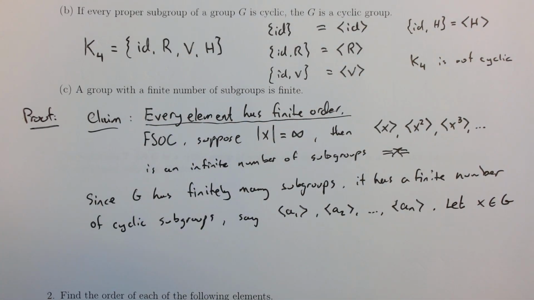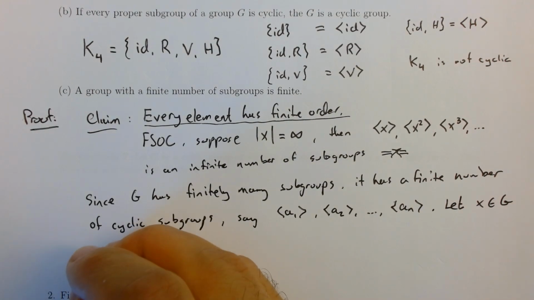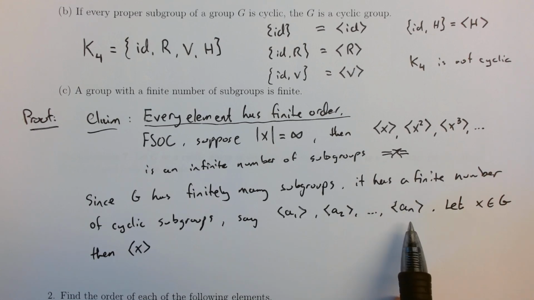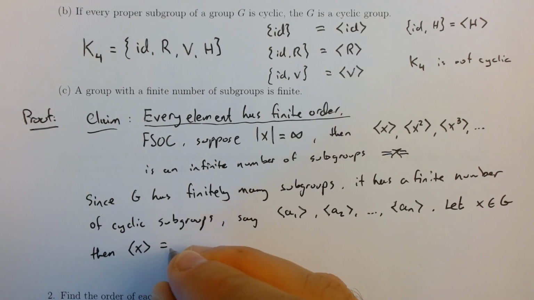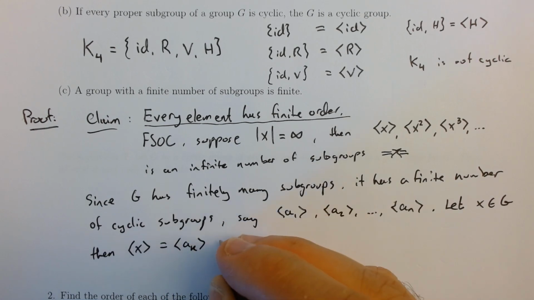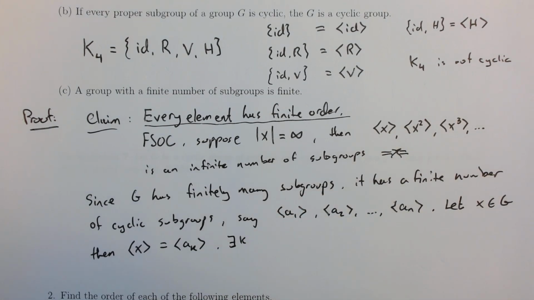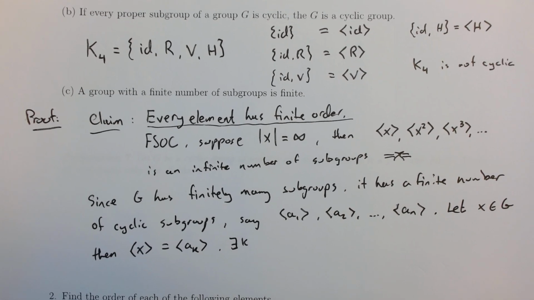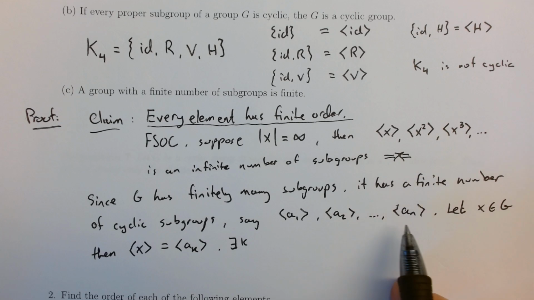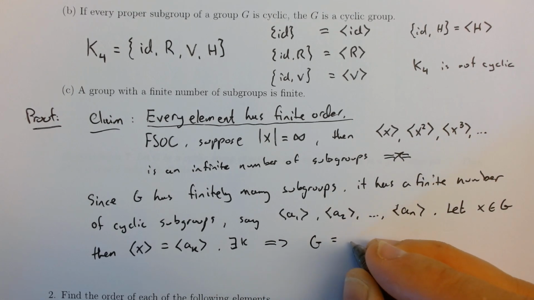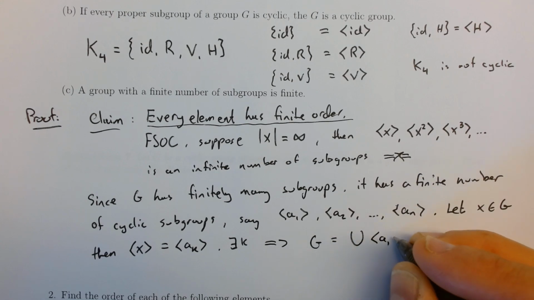Then I can just look at the cyclic subgroup generated by X. Well, that's all of them right there, so this must be on the list somewhere. So this is equal to AK for some K. So every element in the group is contained in one of these cyclic subgroups. So if I take the union of them all, I get all of G. So this implies that G is the union of all of these cyclic subgroups,